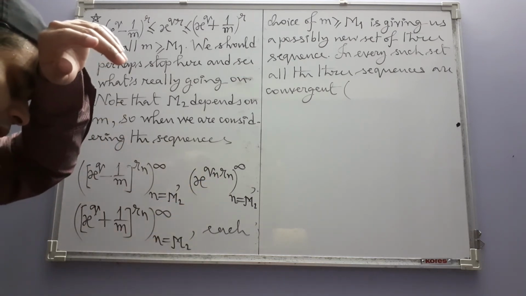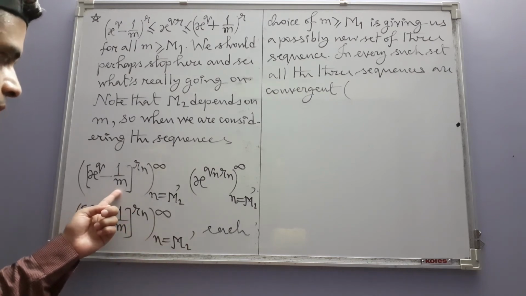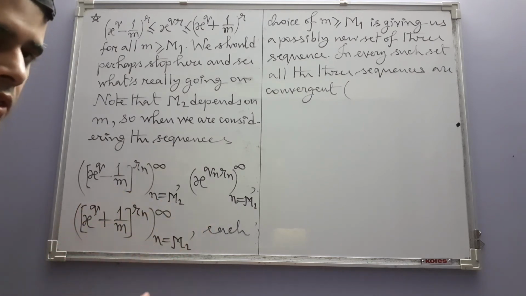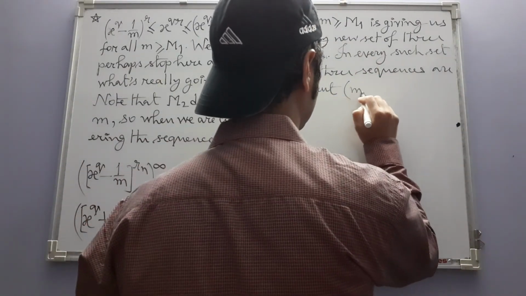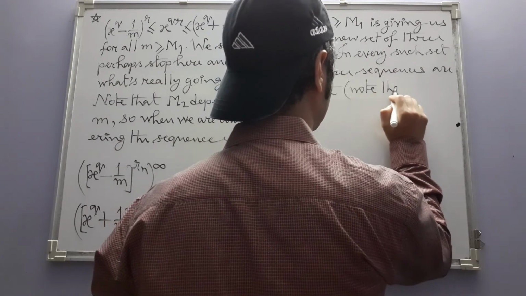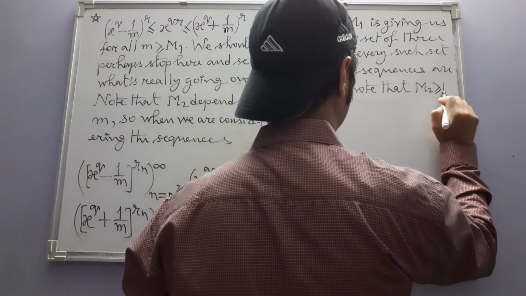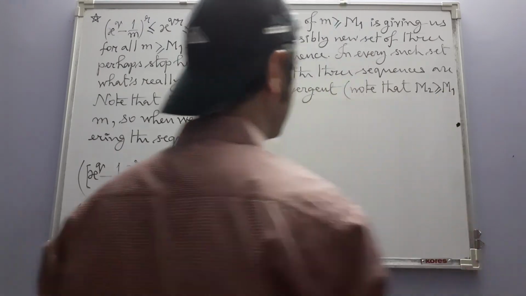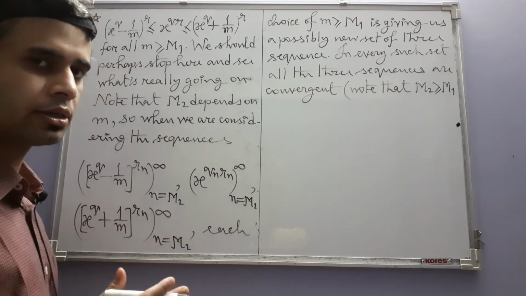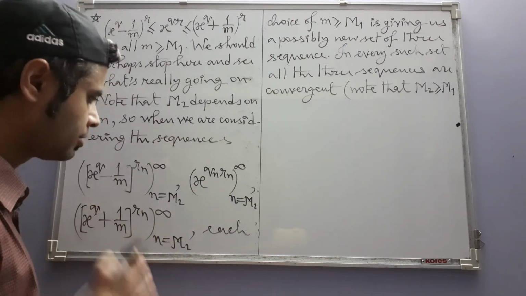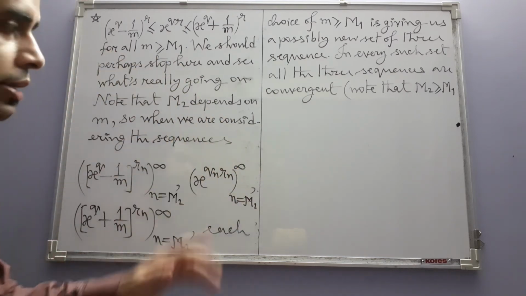So from lemma 6.7.1 we know that all these sequences are convergent, no matter what small m is and no matter what these capital M2 stages are. Note that M2, whatever this M2 is for each small m, all of such M2s have been deliberately chosen to be greater than or equal to M1,